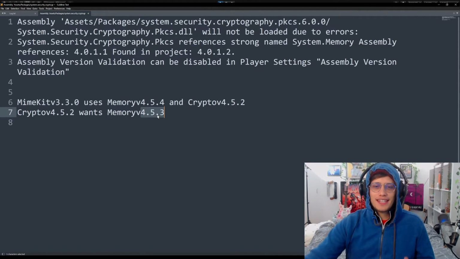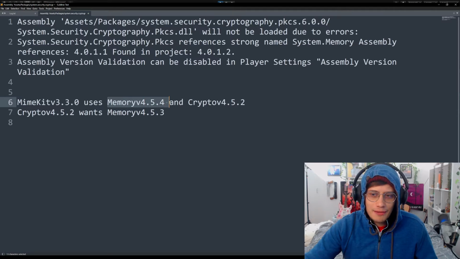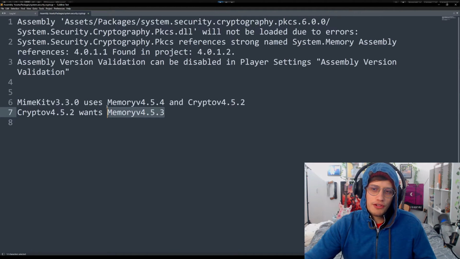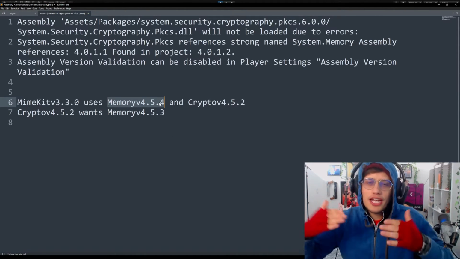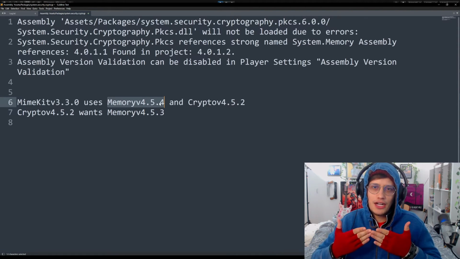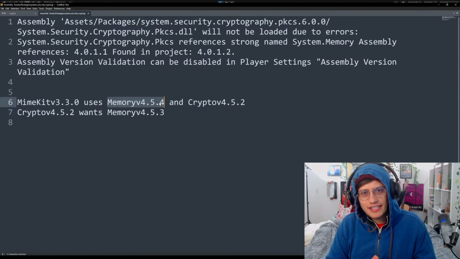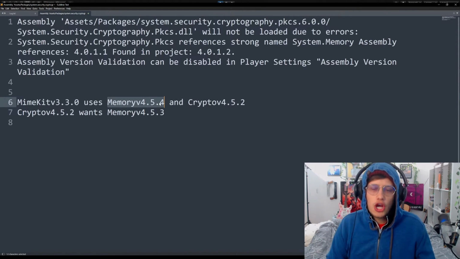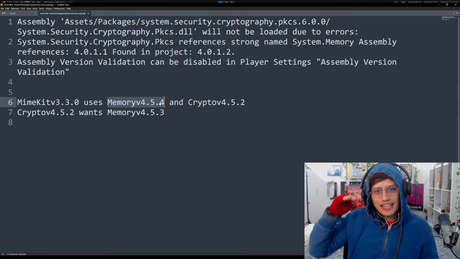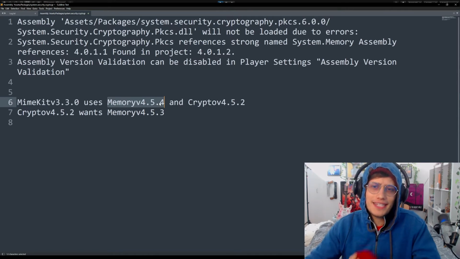So what that means is that if you're going to use Mailkit, you need to use this version of crypto, which uses a different version of memory than Mailkit uses. So this 0.3 and this 0.4, no matter what, you're never going to find a balance where they're going to have a perfect overlap in the dependencies that they need. And so what you need to do in this case is you need to resolve it in such a way that your DLLs in your project are at the level that is needed by the other DLLs or greater. So in this example, I can